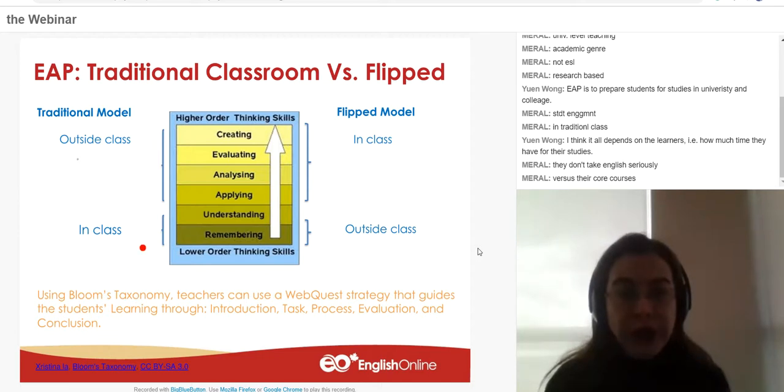In Bloom's taxonomy, the lower order thinking skills or levels start with remembering and understanding. In a traditional model, these are covered during the class time, okay? And for applying, analyzing, evaluating, and creating,